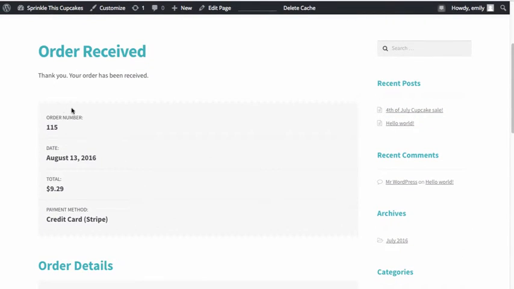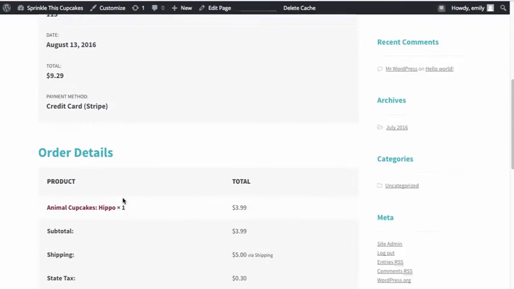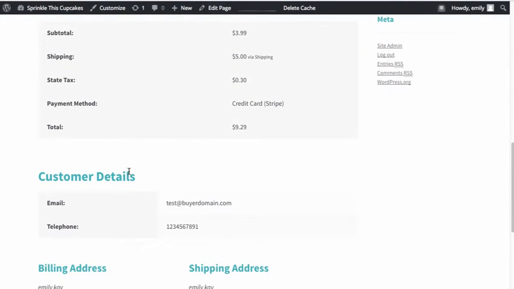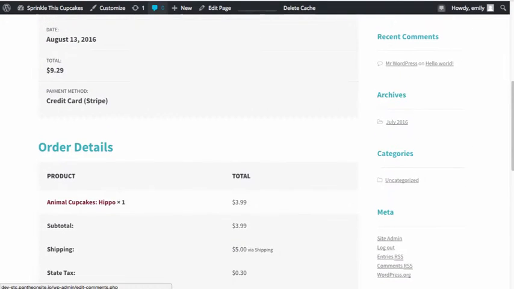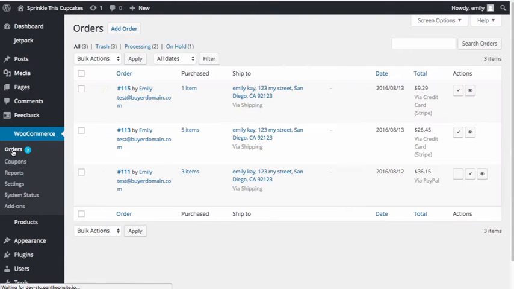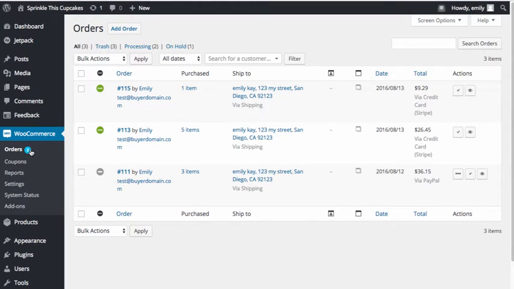And it gives me a summary of the order. Here's the order number, here's the date, here's the total amount, and here's the payment method. And then obviously if I keep scrolling down, I can get more detailed information about my purchase. I'm going to go back into the back-end part of WordPress. And if I go to the orders section, you can now see that I have 2 orders that I have